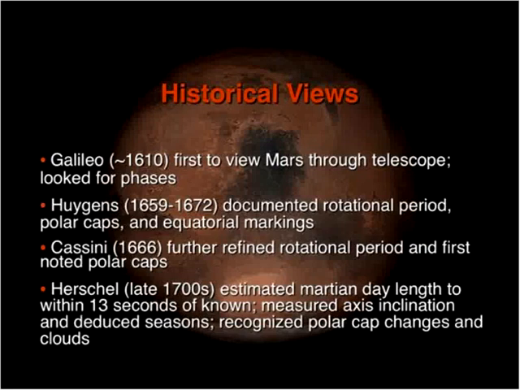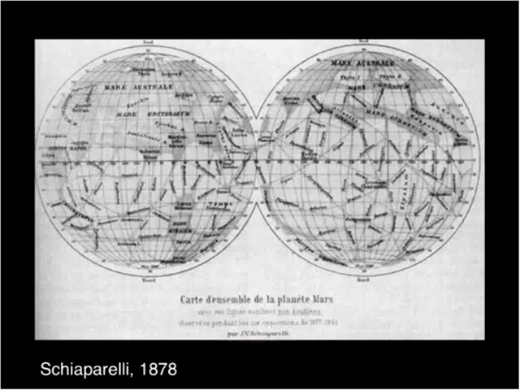Other astronomers using telescopes were able to see surface features. They could document how long it took for those features to come in and out of view, and they could figure out the Mars sol, that length of a day. They were very close, even back then with their primitive telescopes. They could also see that there were polar caps and clouds, so they knew there was an atmosphere, for example. I'll describe some more of those observations in the 1800s as the telescopes got better.